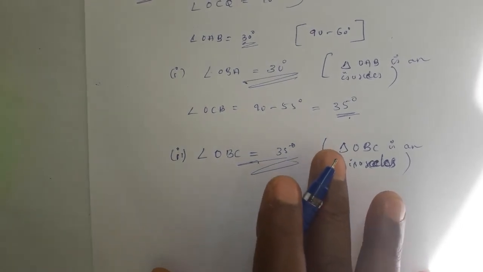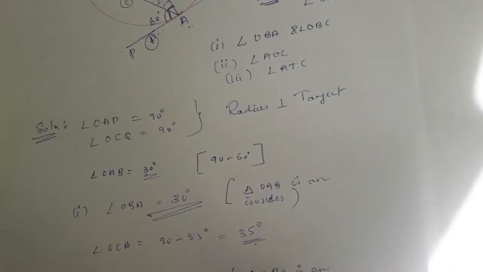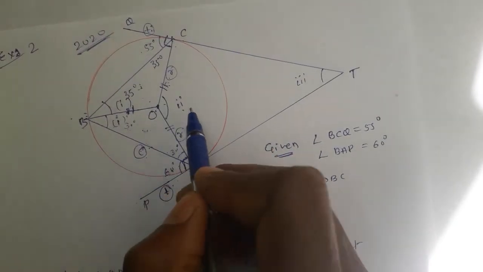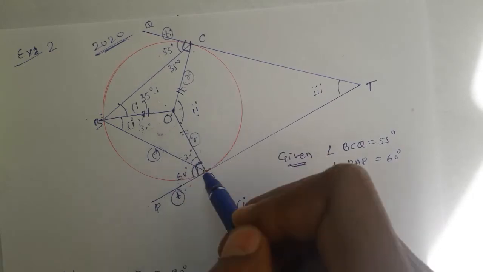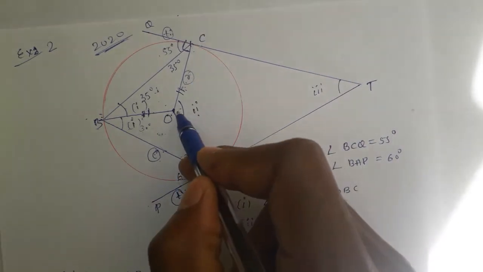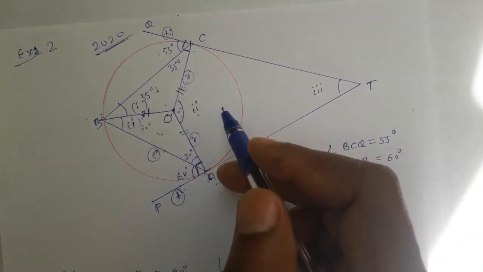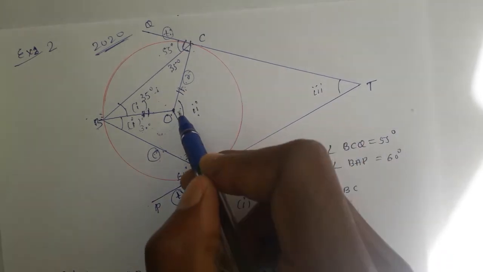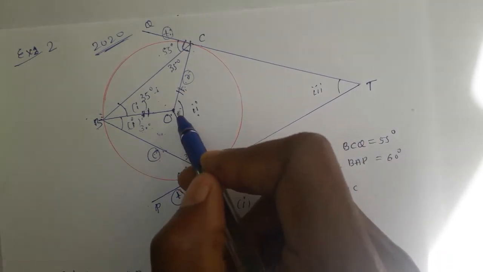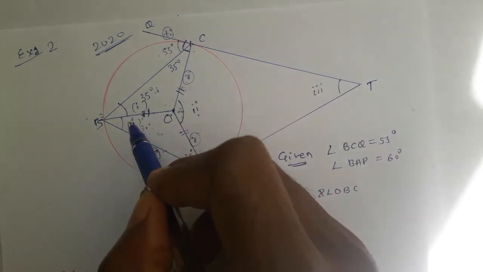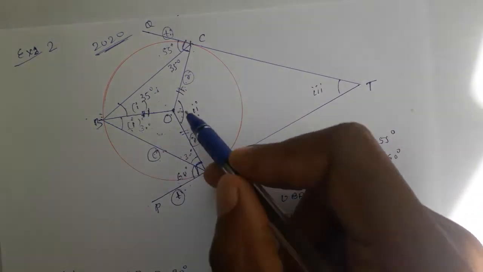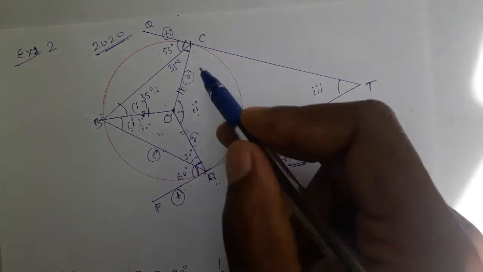The second sub question problem is what? Where is the second sub question? Here. Find AOC. You know where this AOC is? AOC is what? Angle at the center. So we recall one of the theorems from circle. If you want any angle at the center, we will use that. Angle at the center is double of the angle at the circumference. This AOC angle is formed from A and C ends.